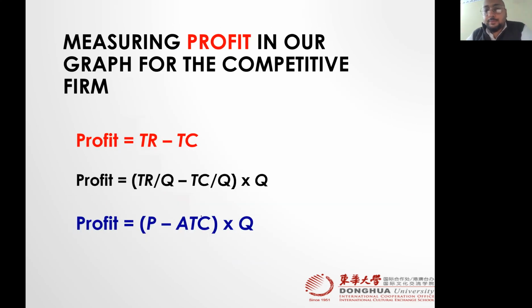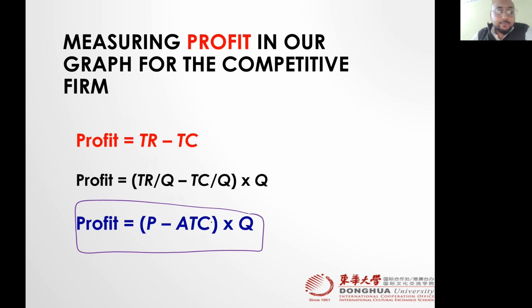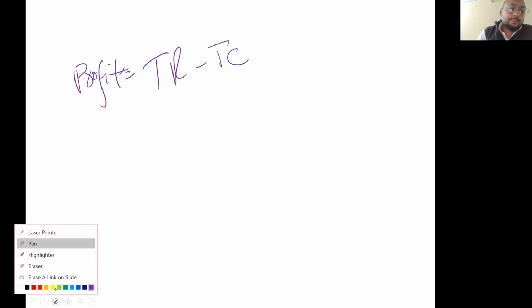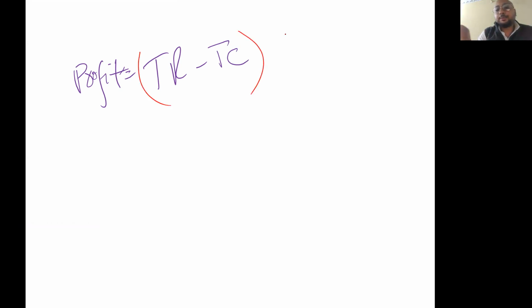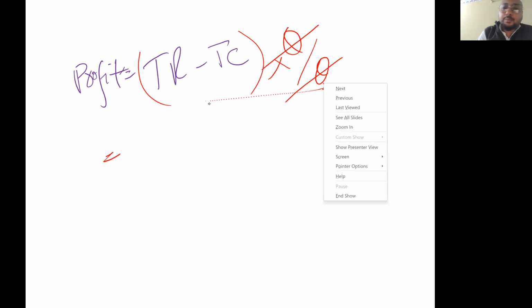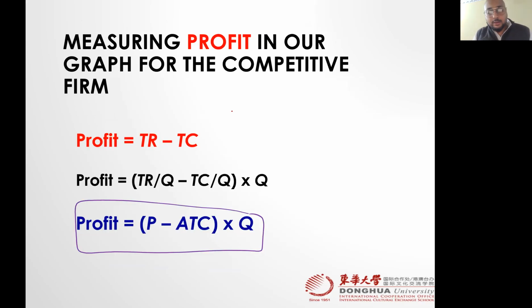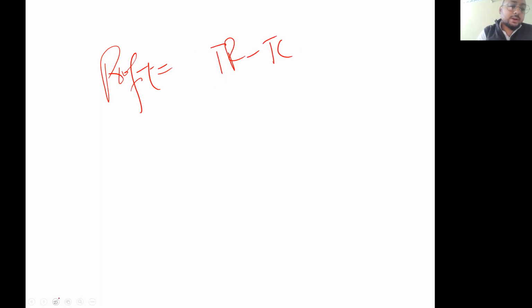Now the profit conditions. So how do we get this formula? It's pretty easy, if you have a little interest in mathematics, we can do that. Profit is equal to total revenue minus total cost. If we multiply this equation by Q over Q, because Q by Q cancels, the equation remains the same. So all you need to do: profit, total revenue minus total cost, and what did we just